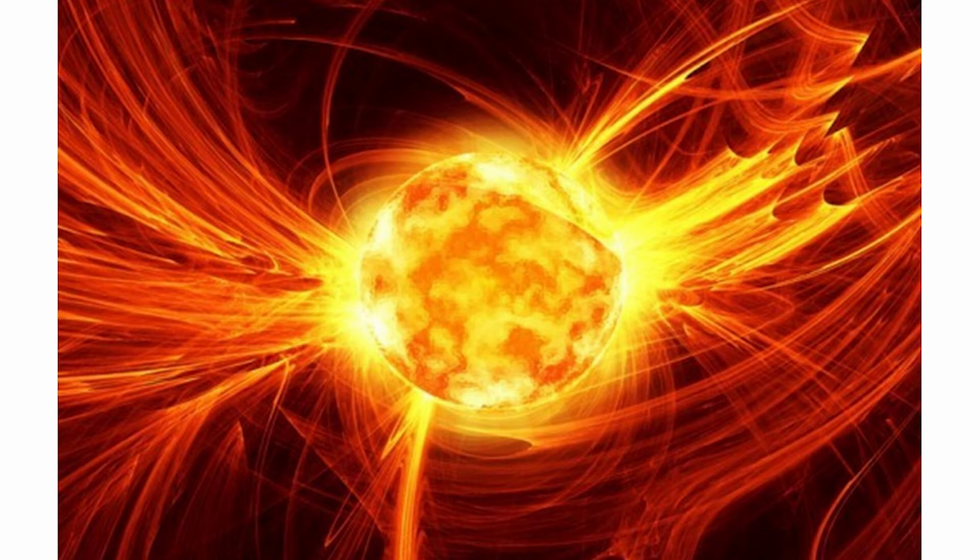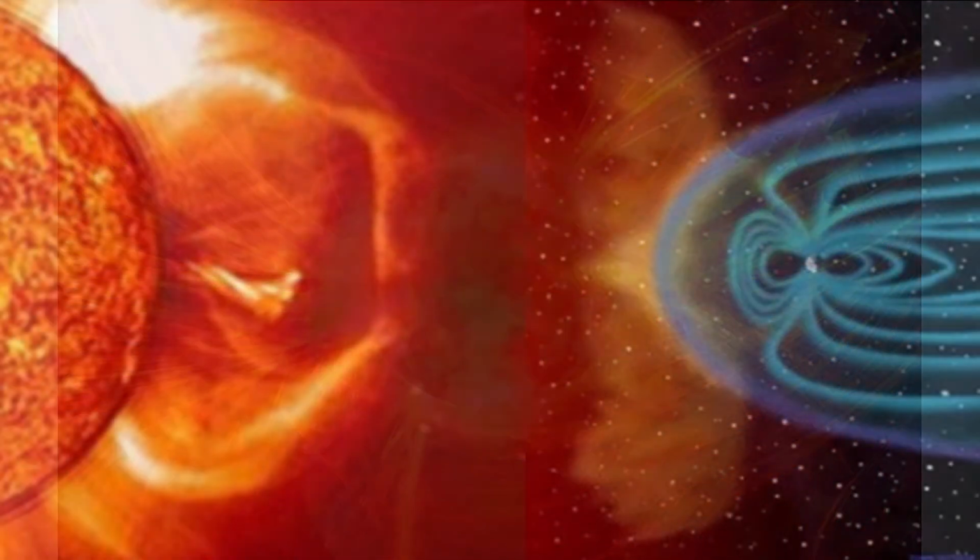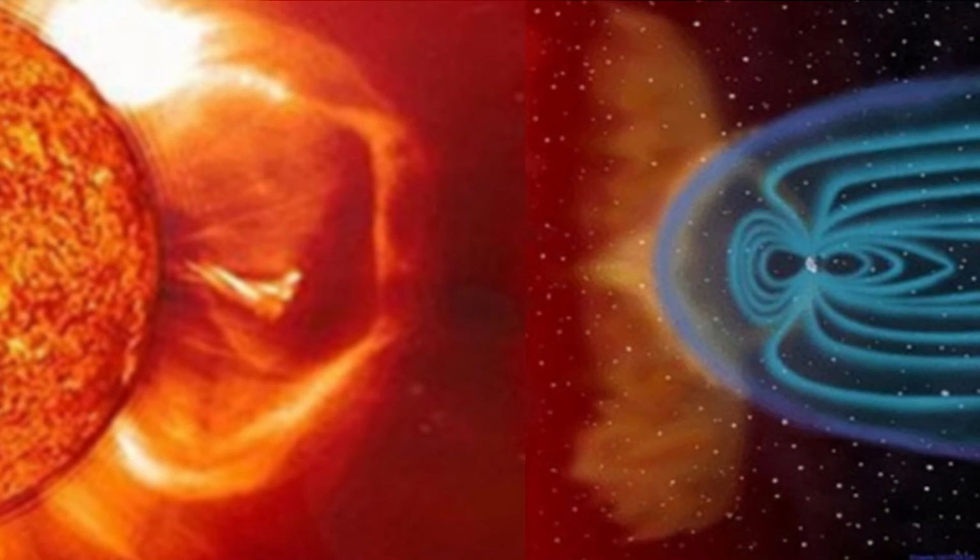Let's add one more problem that standard astronomy has with the Sun. It shoots out a stream of particles that we call the solar wind. These are positively charged particles, mainly just protons or hydrogen nuclei, if you like. If we were not protected by our plasmasphere or magnetosphere, of which the ionosphere is the lowest layer, the solar